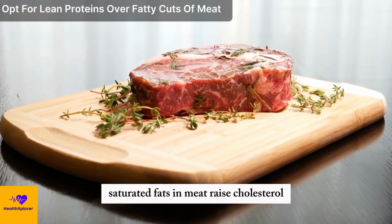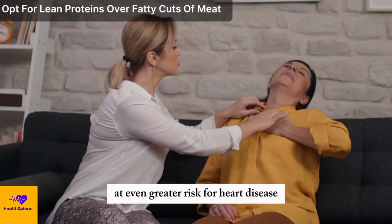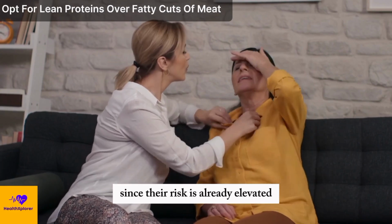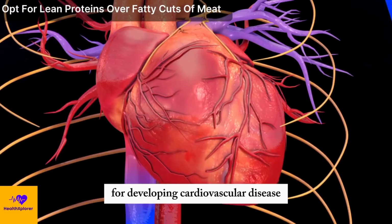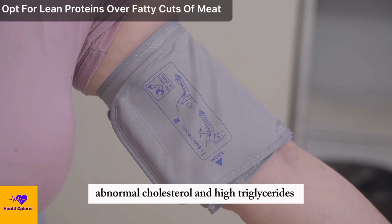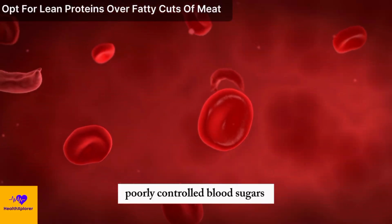Saturated fats in meat raise cholesterol and promote inflammation throughout the body, and can also put people with diabetes at even greater risk for heart disease than the average person, since their risk is already elevated as a result of diabetes. People with type 2 diabetes may have other conditions that contribute to their risk for developing cardiovascular disease, including high blood pressure, abnormal cholesterol and high triglycerides, obesity, a lack of physical activity, poorly controlled blood sugars, or smoking,